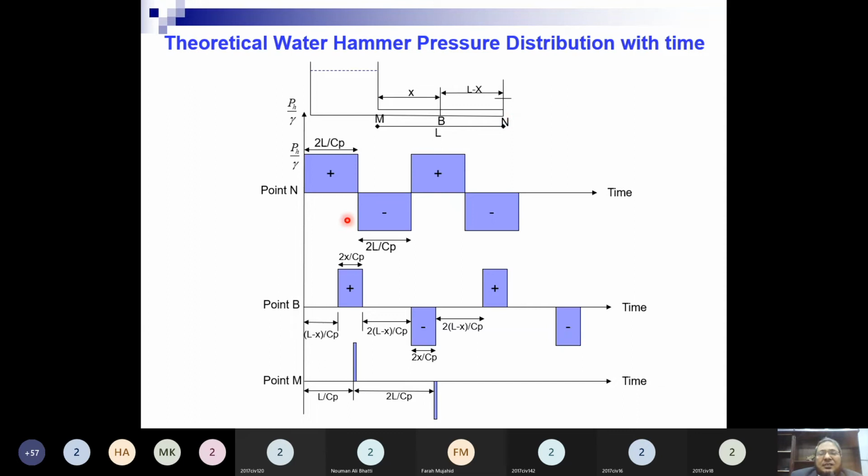देन व्हाट विल हैपन? उसके बाद लोडिंग ऑफ नेगेटिव pressure wave will start from here. वो चलती जाएगी यहाँ तक L over Cp टाइम, उसके बाद फिर वापस अनलोडिंग ऑफ नेगेटिव प्रेशर वेव होगी, इट विल टेक L over Cp फर्दर टाइम। तो टोटल टाइम कितना हो गया? 2L over Cp तक पॉइंट N पे नेगेटिव प्रेशर हेड रहेगा। ओके, ये कितना होगा? pH over gamma। अच्छा, द सेम साइकिल, ये तो दिस इज वन साइकिल है ना।